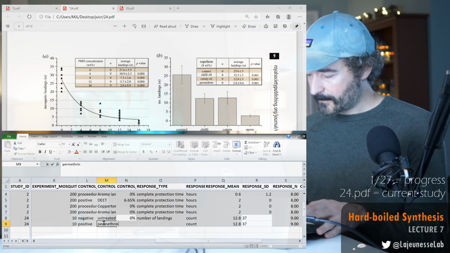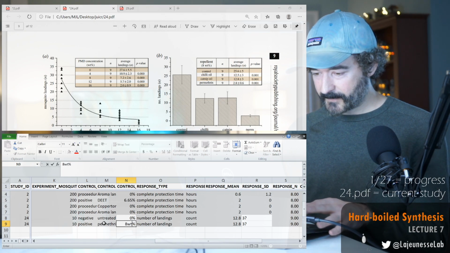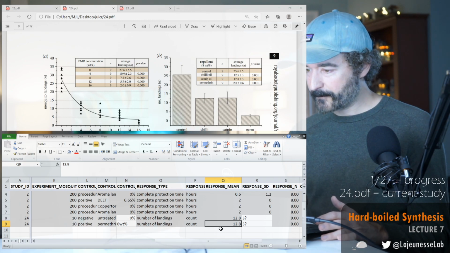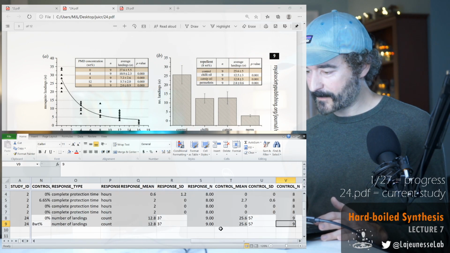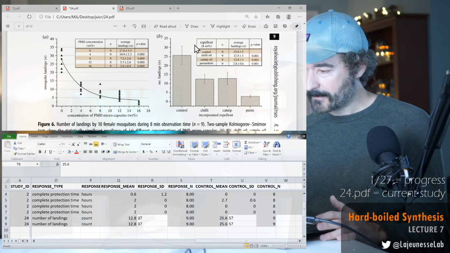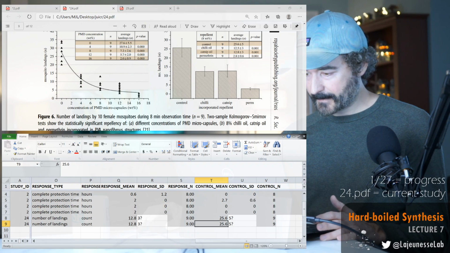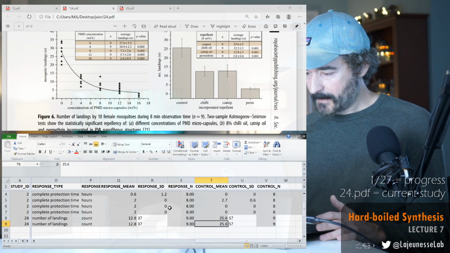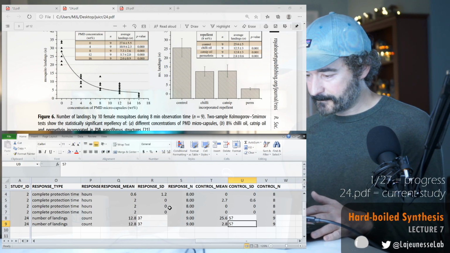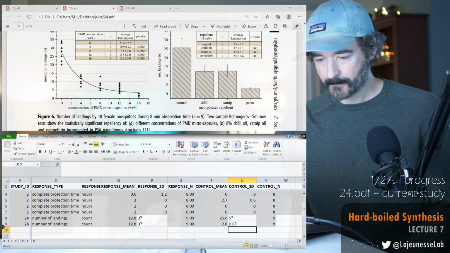and then we got permethrin, which was at 8 WT%. The mean response time is the same for both because it's always going to be catnip, but then the control value is going to change to a really small value because, again, it's a positive control. 0.6 with an unknown